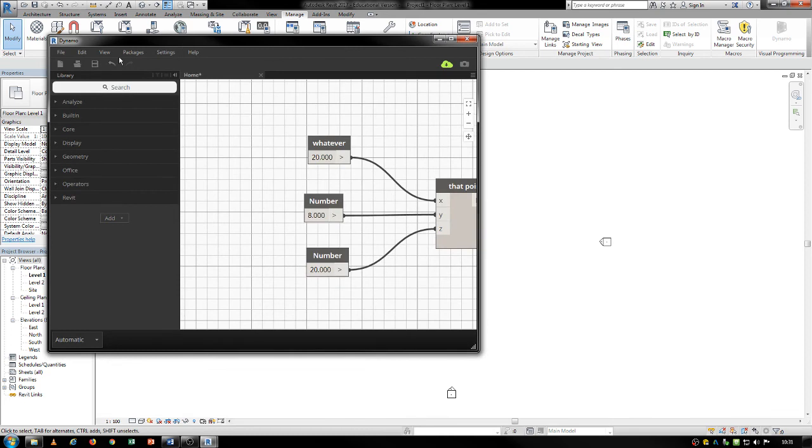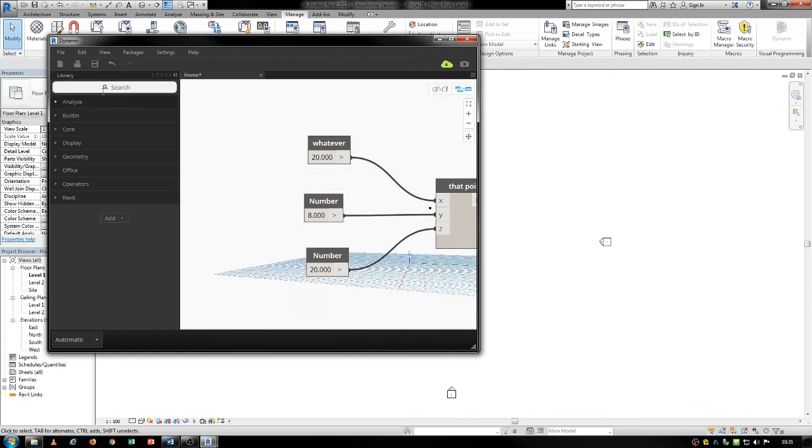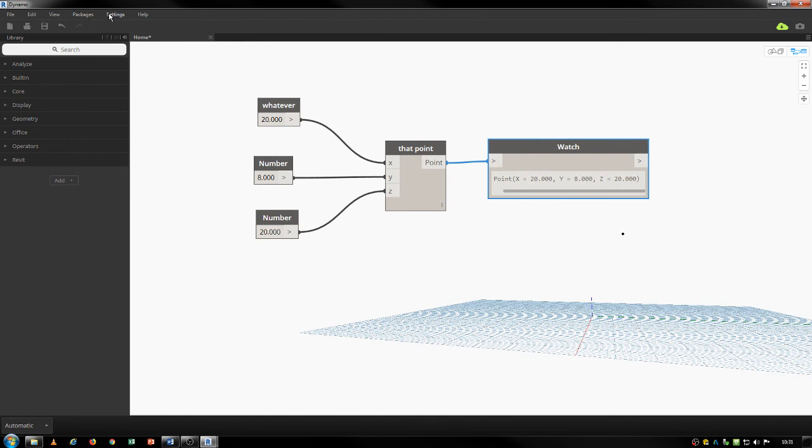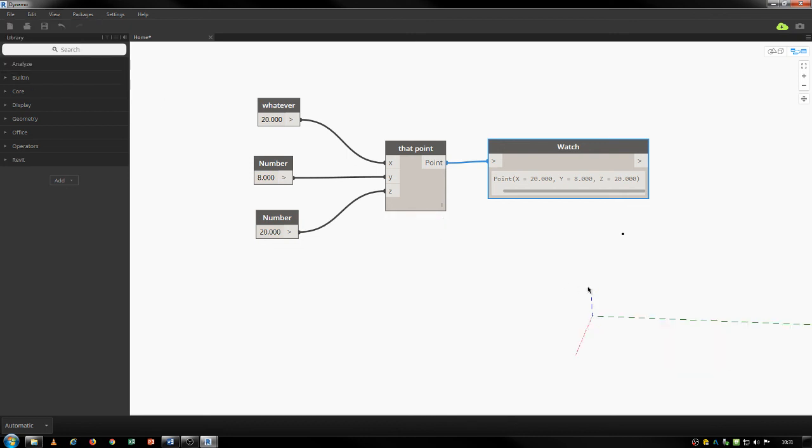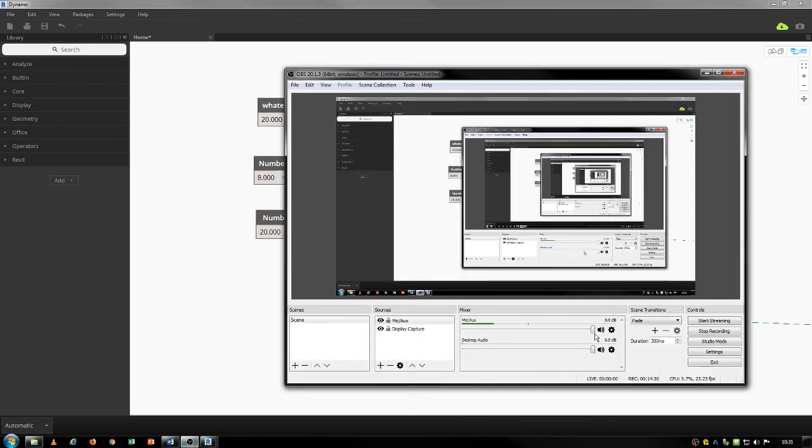So if you had something you wanted to show up in your Revit, you should make sure this is on. And if you wanted to see that in the background, again, you need to make sure that is on. If you didn't want to see the grid, that's where to turn it off, and that kind of thing. So those are the very basics of how to use Dynamo. I can stop it here for